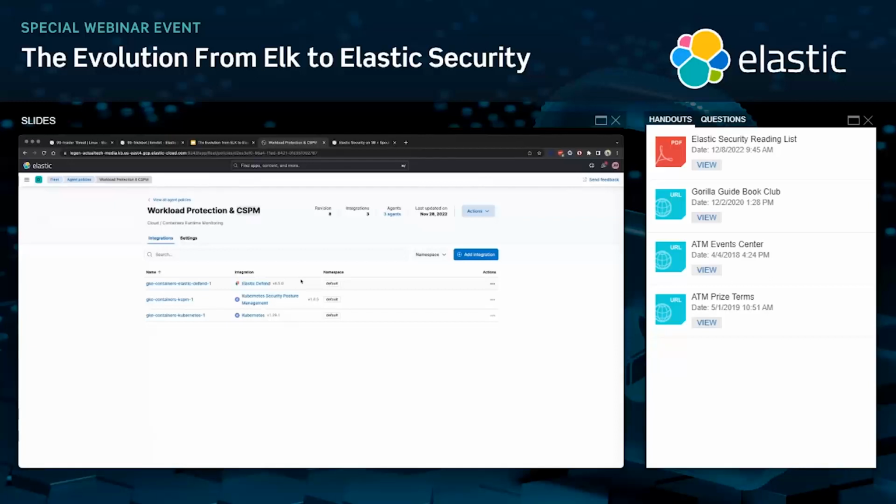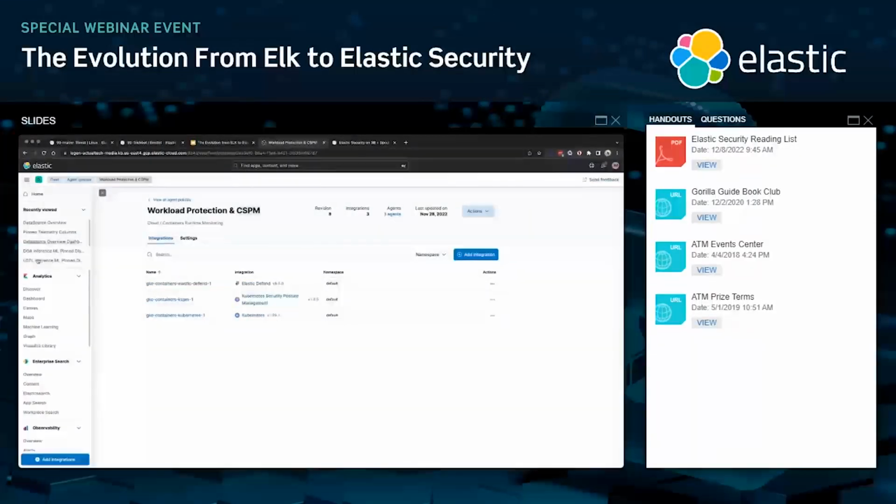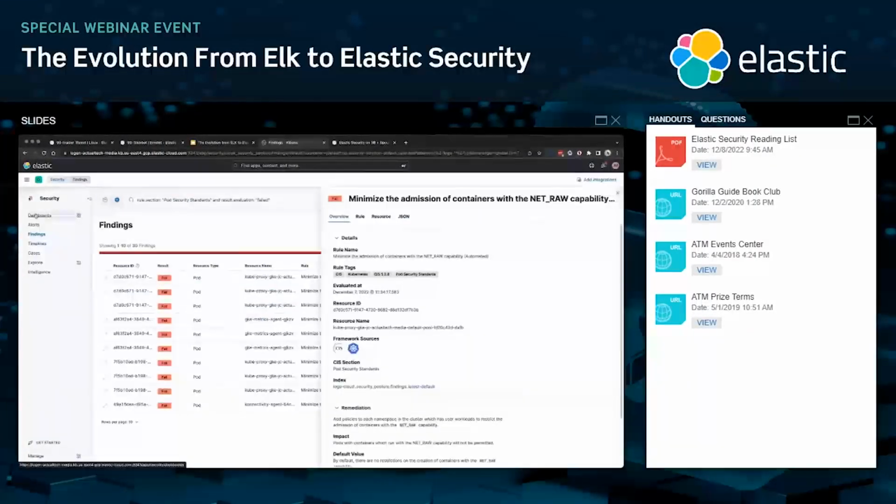We also have a couple of Kubernetes-specific integrations here, one that's going to allow us to evaluate our posture management, and one that's focused on a lot of the session views, a lot of those connections that containers are dealing with. So where does that data start to flow up? Let's go again back to the security solution. I'm going to go to overview dashboards, and I click on, say, the Kubernetes dashboard.